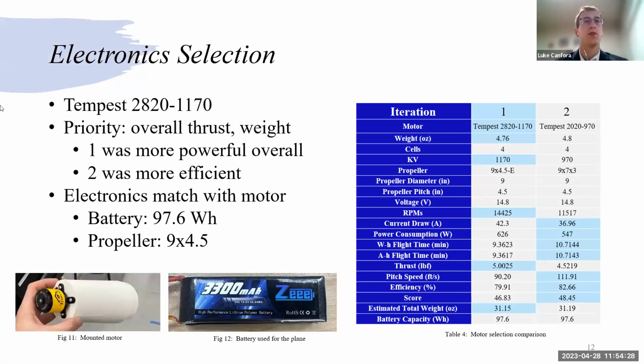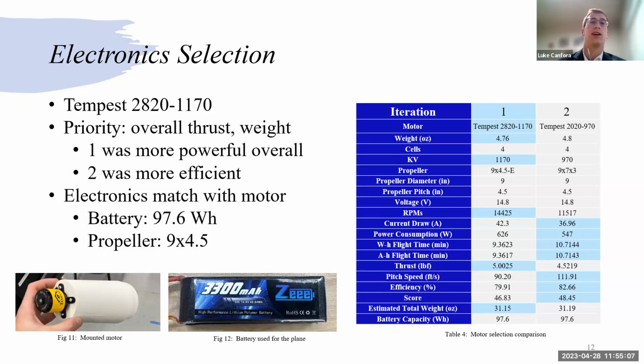So talking about the electronics and motor selection, we were fortunate to receive a motor spreadsheet from Design Build Fly that had over 1,500 motor, battery, and propeller combinations on it. We were able to sort through all of those, and we wanted to provide two different possibilities when we did our analysis, one which would prioritize a more powerful design and one which would prioritize efficiency. We ultimately decided to go with a more powerful system just because we wanted to make sure that we had sufficient thrust. When we went through all of those options, we chose our selection based off of thrust, flight time,